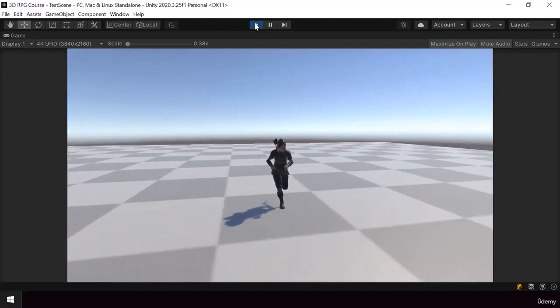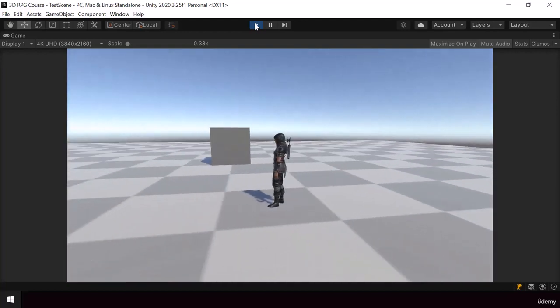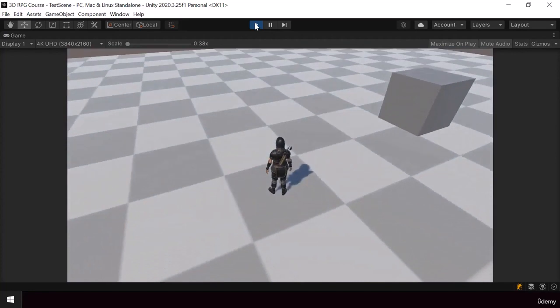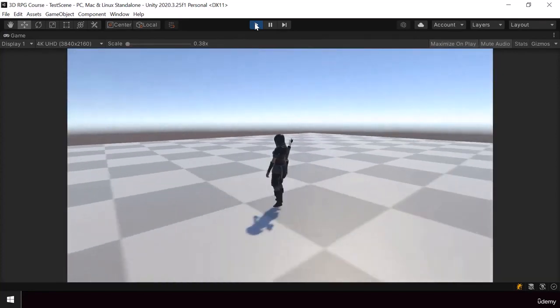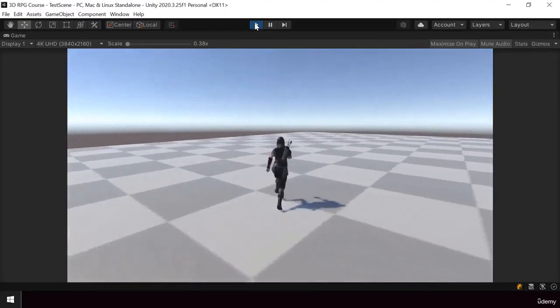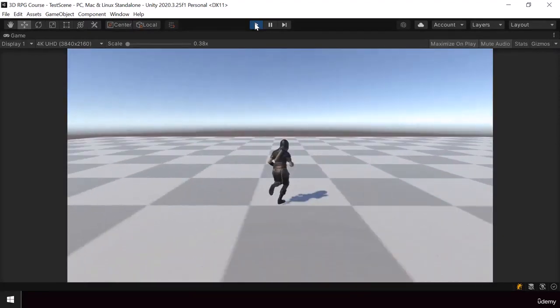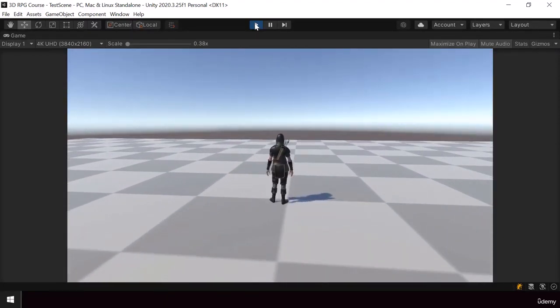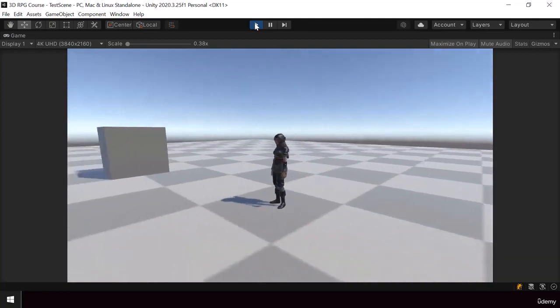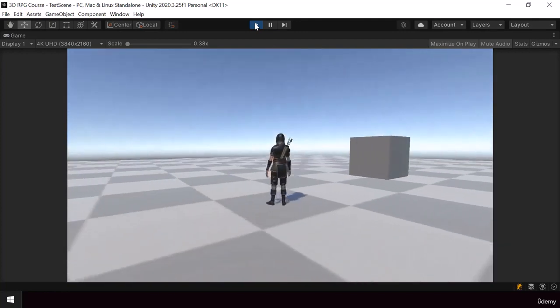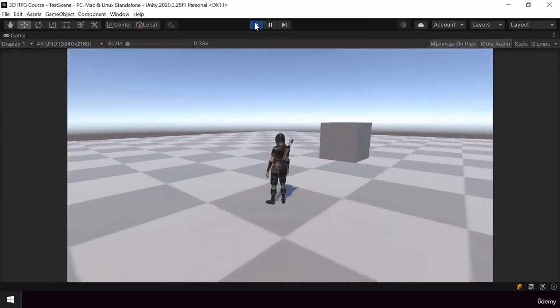Hey everyone, in this section, we'll build a third-person controller from scratch. Since we're making a third-person combat system, the first thing that we need is a third-person controller, and we'll build it from scratch in this section because building a third-person controller is a good way to learn the fundamentals of gameplay programming. So if you're someone who already knows how to make a third-person controller, you might feel like skipping this section,